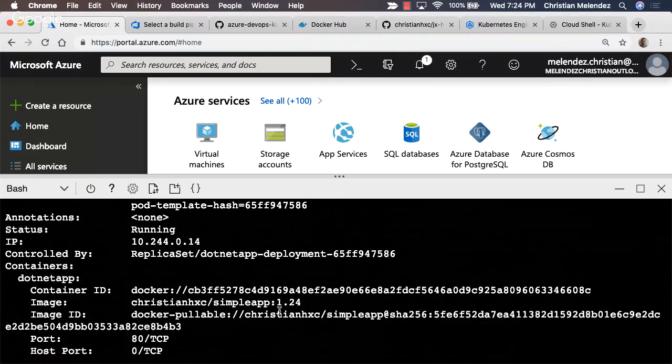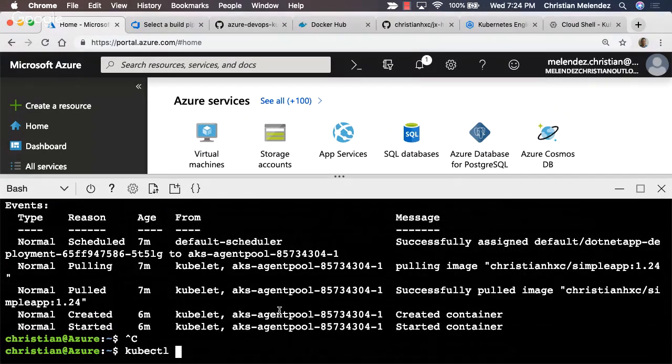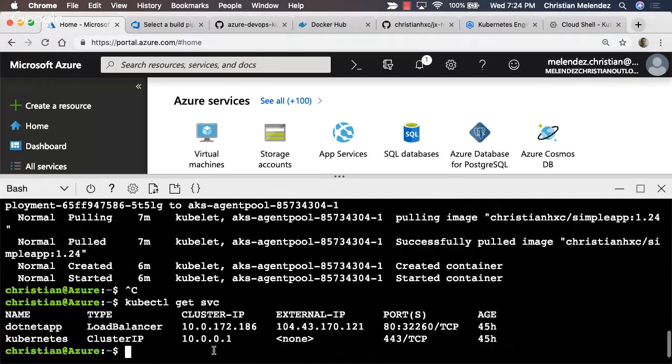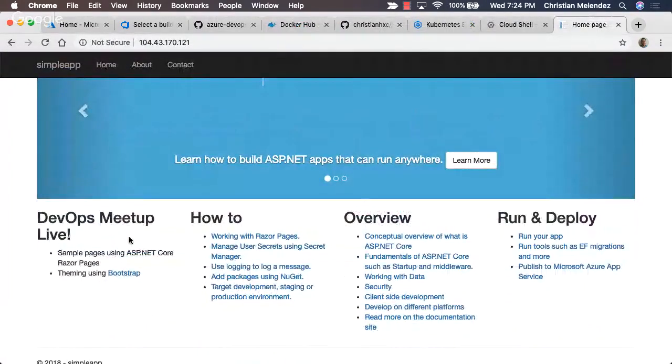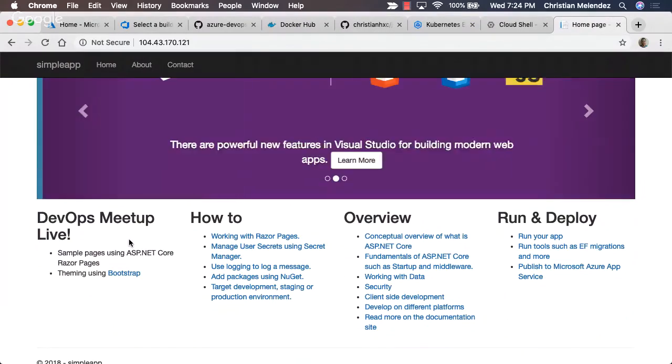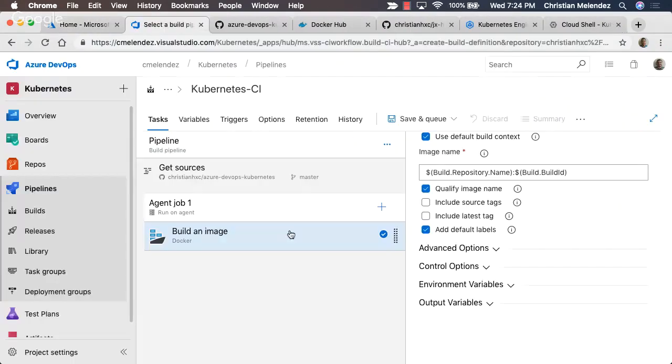So let's go back here and take a look at kubectl get service and get the IP address of the service that is using this workload that I just defined. It will be something like this, and you will see that the new change appears here. And I didn't have to enter the server, create the Docker image, push the image, and deploy that to Kubernetes. By creating this type of pipeline, I was able to do that automatically.